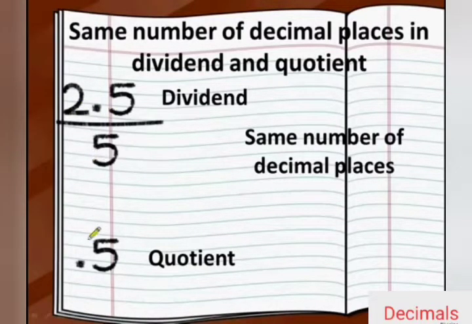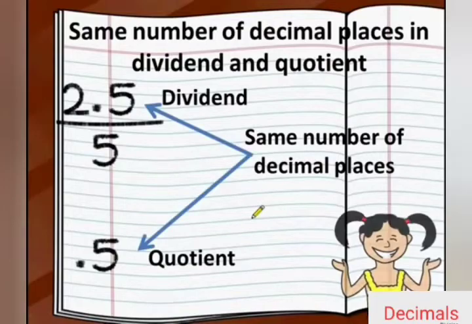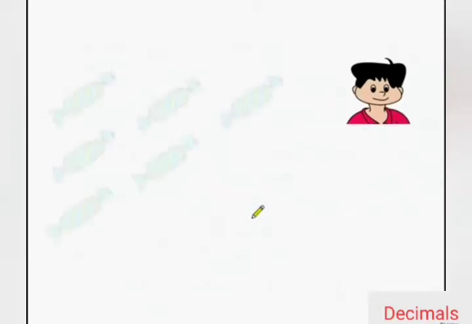So we have done just simple steps. What have we done? Ignoring the decimal, we divided 25 by 5, and after that when we got the answer as 5, we just counted the decimal part, that after the decimal how many places are there. If we have one place as tenths, so in the result we will go from right to left to put the decimal point. Understood? Same number of decimal places should be there, the only thing to pay attention to.